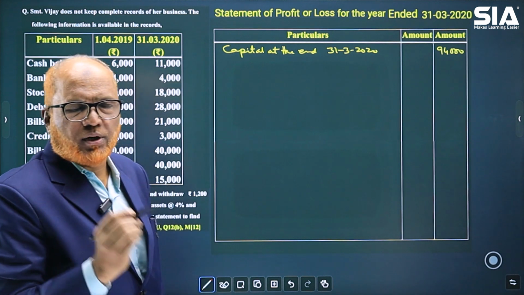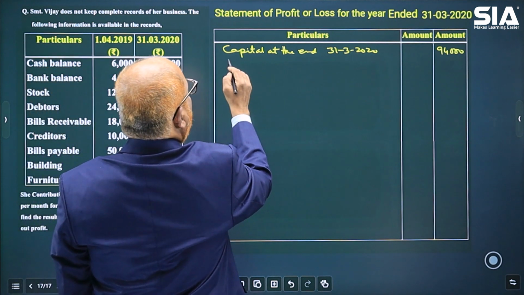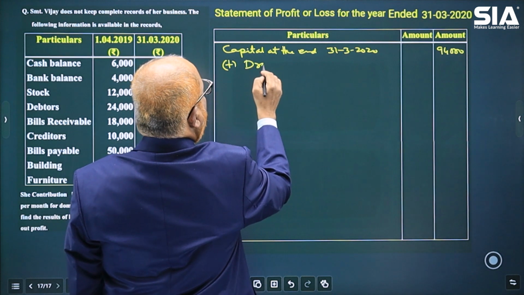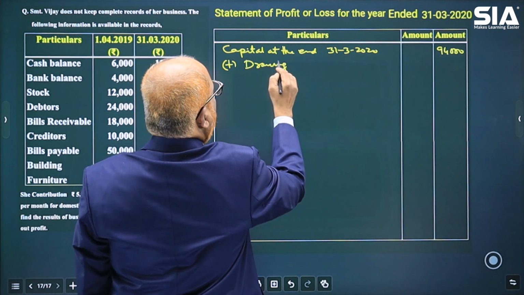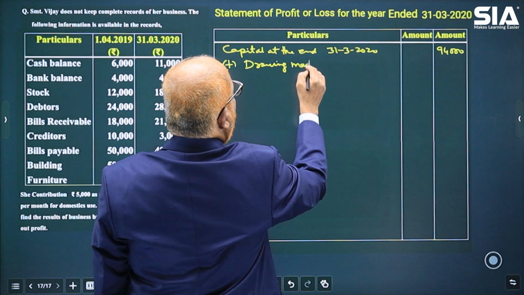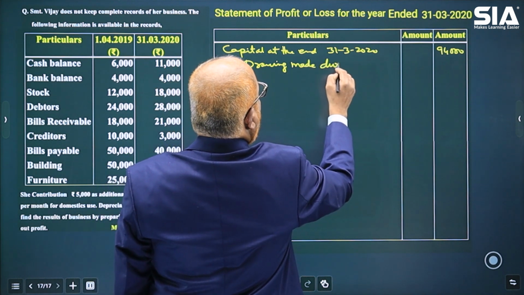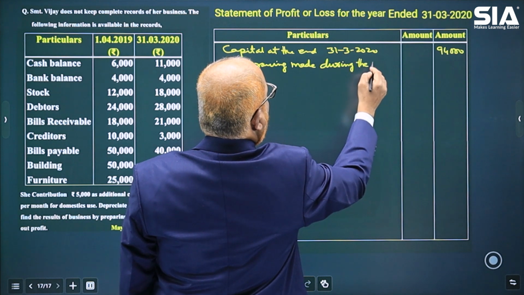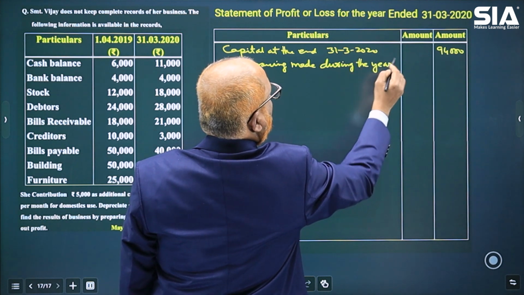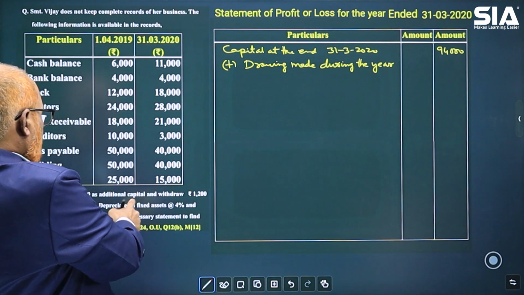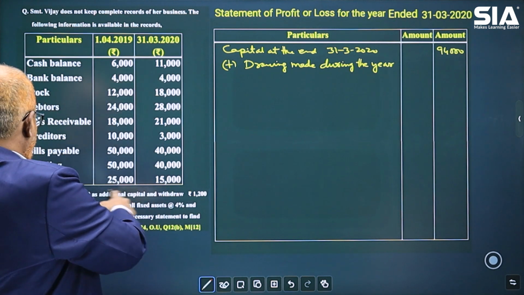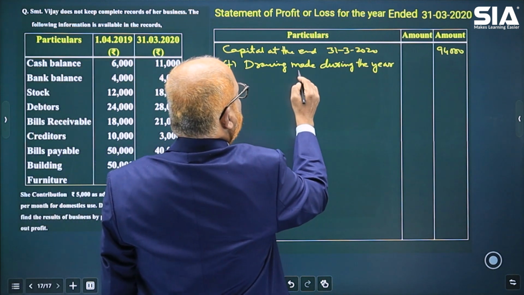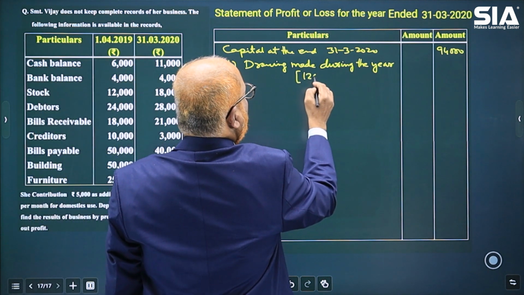Profit earned: capital at the end of the year. To this we add drawings made during the year. How much were the drawings made during the year? Here it is given, she withdrew 1,200 per month for domestic use. Domestic use means personal. So 1,200 per month